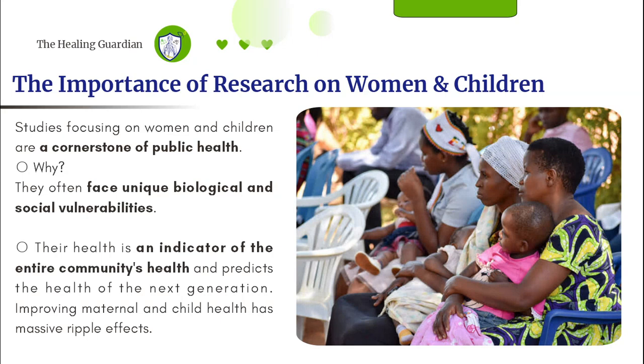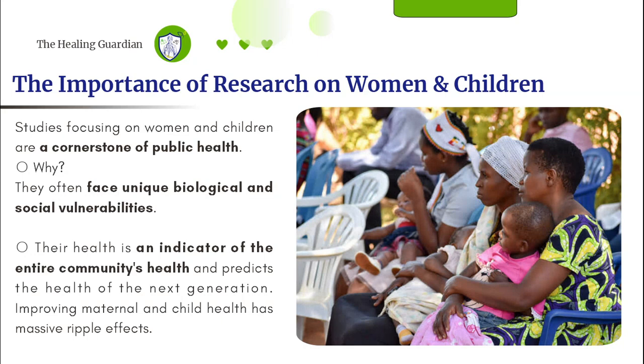But you have to understand that they are the cornerstone of public health, and they often face unique biological and social vulnerabilities. Their health is an indicator of the entire community's health and predicts the health of the next generation. Improving maternal and child health has massive ripple effects. So it is good if you do research on women and children, because many times when